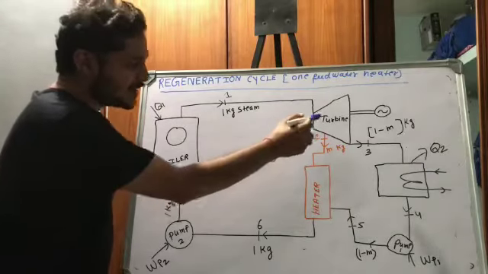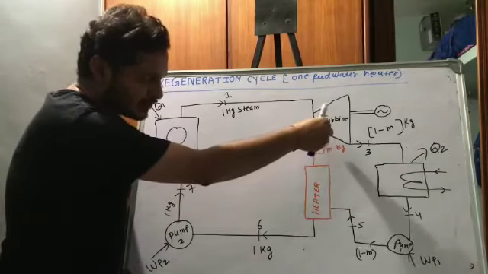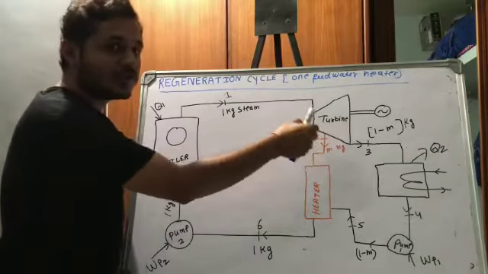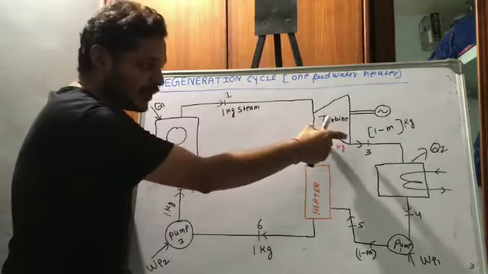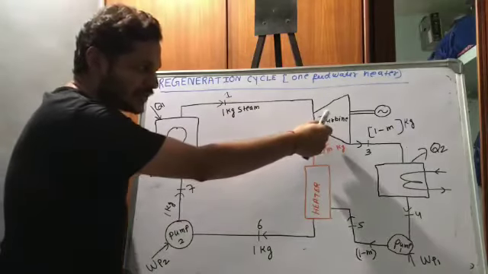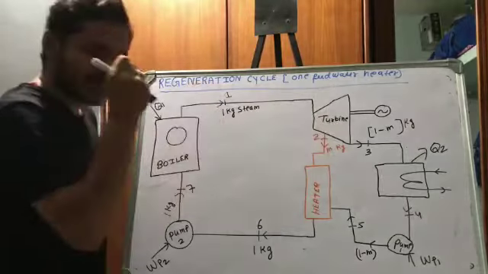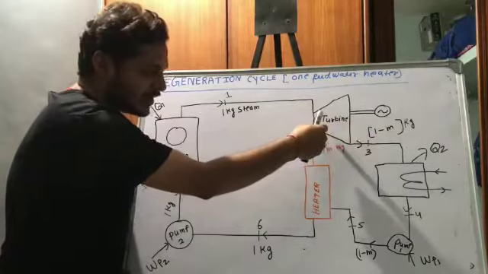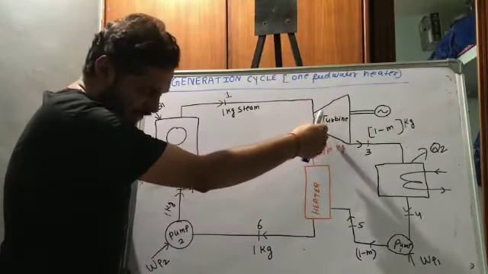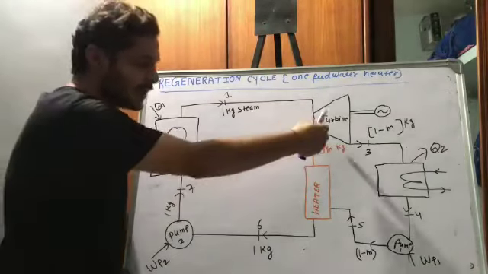So what is happening is, out of this 1 kg of steam, m kg of steam you are taking out from the turbine. You are not allowing this m kg out of the 1 kg of steam to expand fully in the turbine. At the intermediate stage you are taking it out. So 1 minus m kg of steam will come out from the turbine, and m kg of steam is bled out from the turbine and goes to the heater. Here it is in a superheated state.